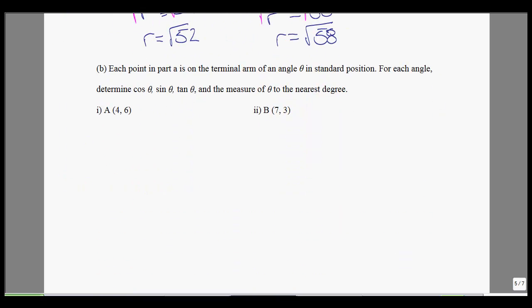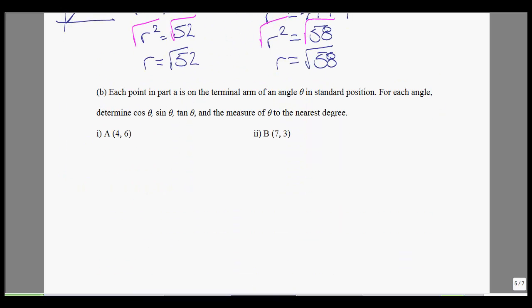Part B asks, each point in part A is on the terminal arm of an angle theta in standard position. For each angle, determine cos, sine, and tan of theta and the measure of theta to the nearest degree. So we know we're looking for our sine theta, our cosine theta, and our tangent theta. And remember the ratios for sine, cos, and tan are sine y over r, cos x over r, and tan y over x. Plugging in for our values, we get